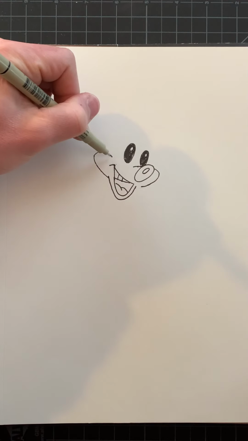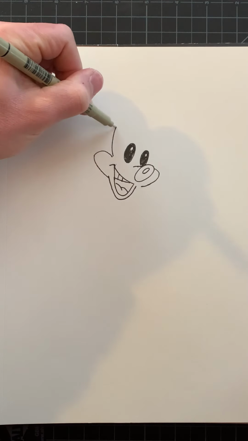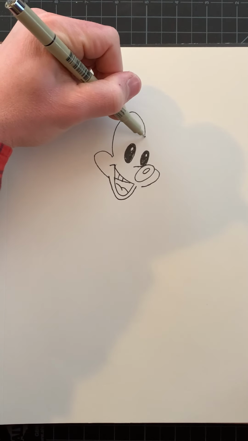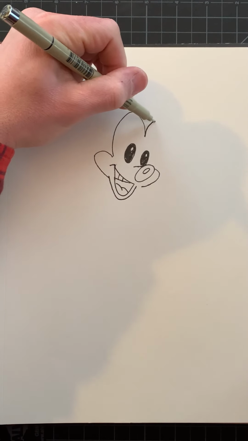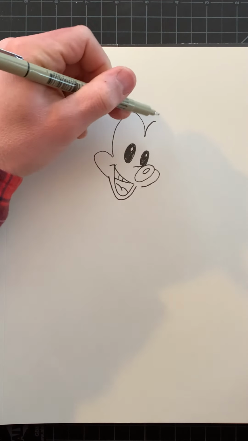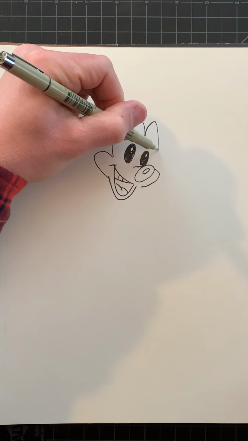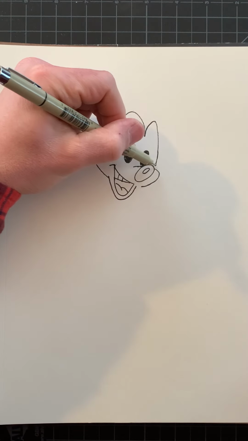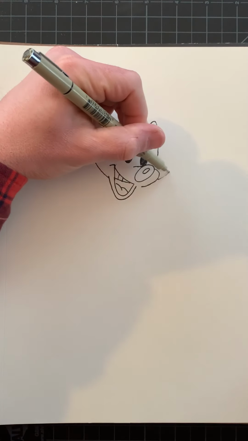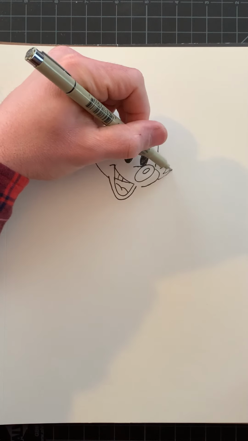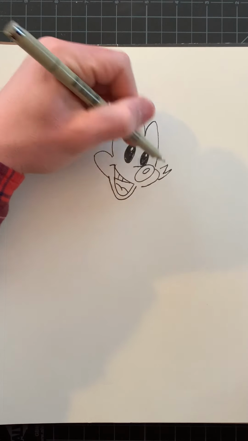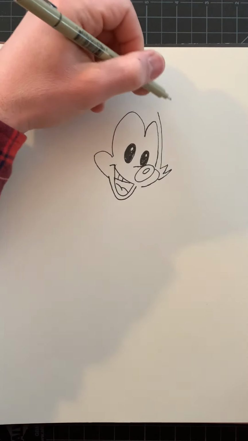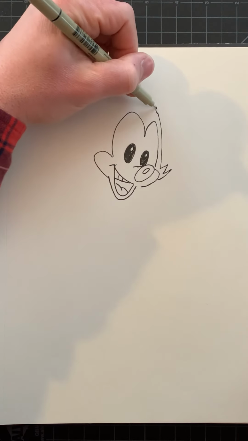and then for the inside part of his face, we're going to bring a curved line all the way up in between his eyes, and then bring it up again, not as high as this part here, and down on this side, kind of right to the tip of his nose. All right, let's make some zigzag lines on the side here to indicate some hair on the side of his face. And then we're going to bring another line up and around for the outside of his head, and a